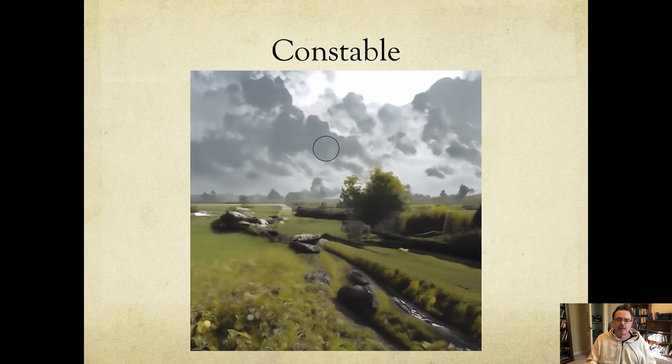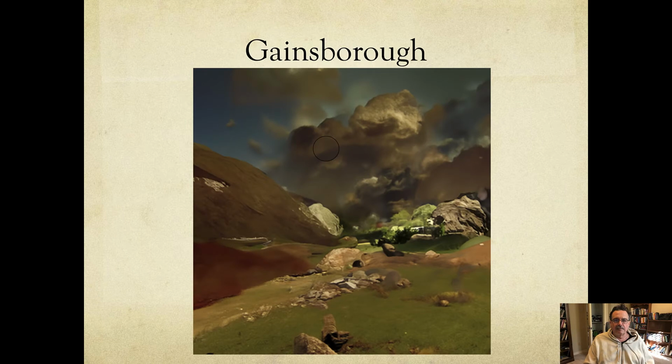This is John Constable. Again, an initial image was used in order to create this. This doesn't look really anything like his other work, but it looked interesting to me because I like landscapes. Thomas Gainsborough, same thing here. This was an experiment with Gainsborough's